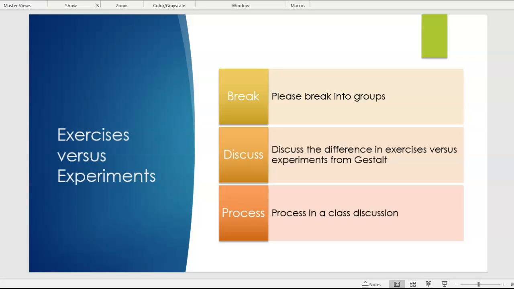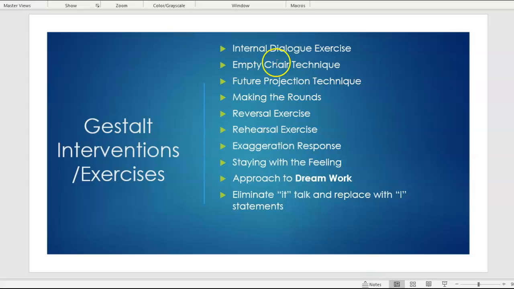Experiments have been confused with technique, but a technique is a performed experiment with specific learning goals. Okay, so you've got to know that. It is very, very, very important for you to understand that concept. So basically, these are planned exercises. There's empty chair. We all know about that one, right? Empty chair. So these are planned. An exercise is planned. An experiment is more like, okay,